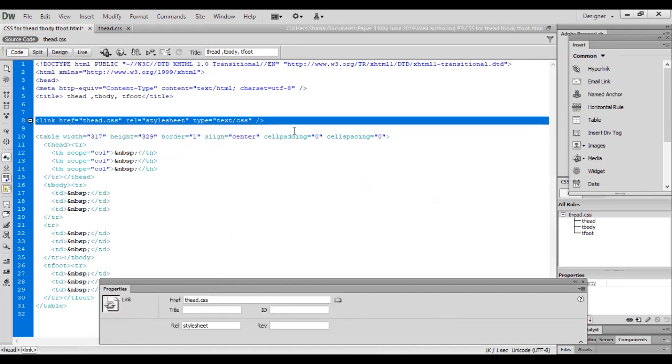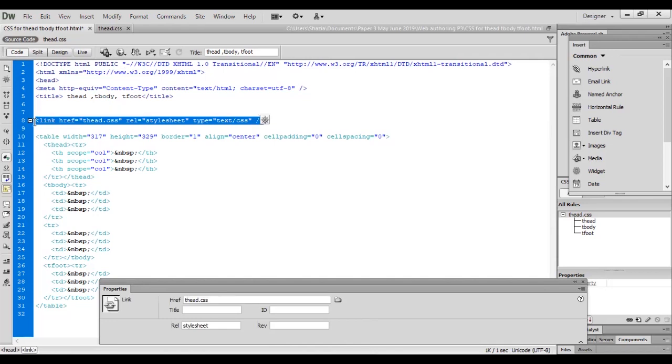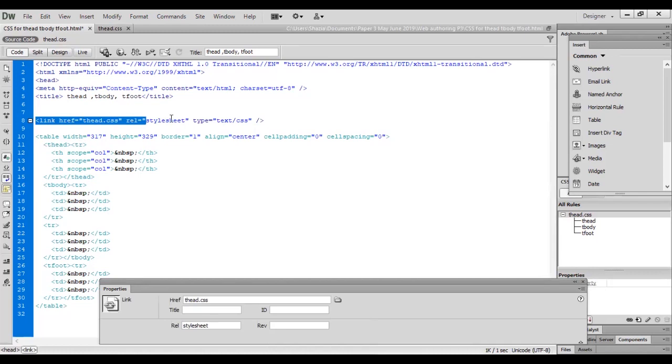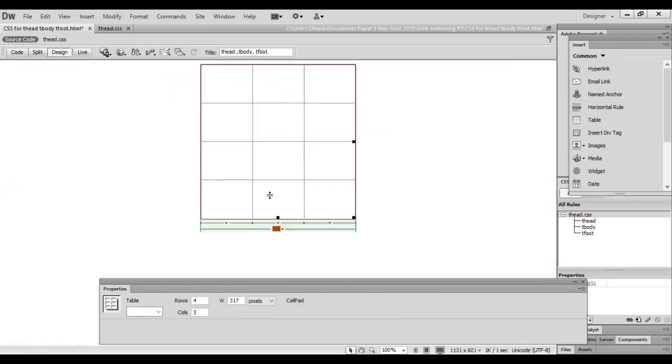This is my CSS file which I recently linked with my HTML file. The examiner often asks us to attach a linked CSS file with the HTML file and highlight those areas where you have attached it. So we use a highlighter before handing over to the examiner. Make sure it has been attached. It has been attached.